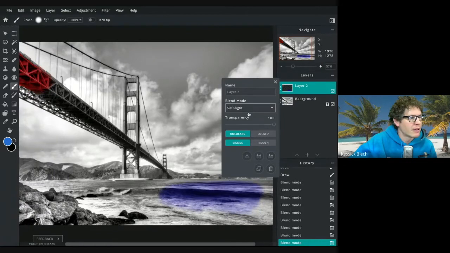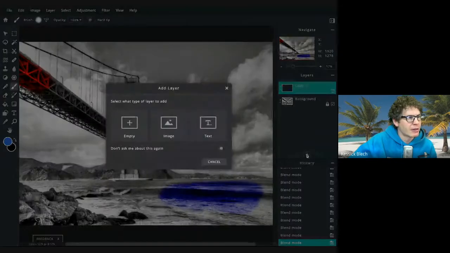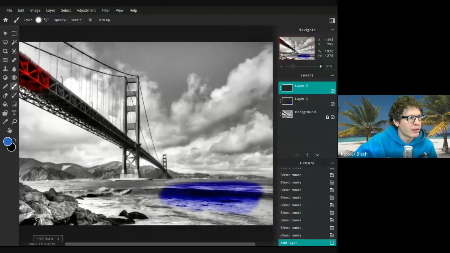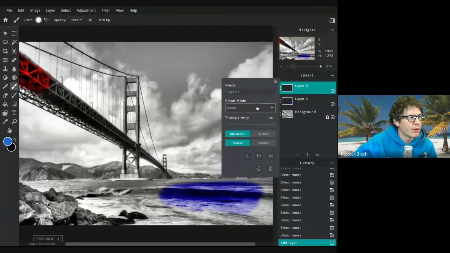So maybe, actually, I think I'm going to have to do it separately for the bridge and the water. I think soft light is good on the water. And I think overlay, yeah, overlay is probably better for the bridge. So what I'm going to do is add a different layer for each of the things I want to color. So then I can also go back to the blend mode and pick